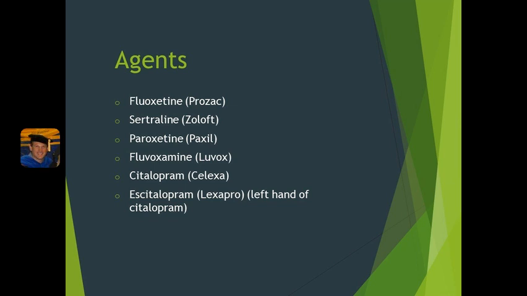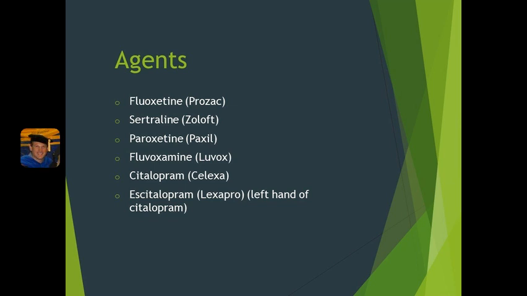Now, in some drugs, one of the hands will be inert. It basically doesn't do anything. So usually we'll give that as a racemic mixture. But sometimes what we discover later on is that the other hand that we thought was inert is actually causing side effects or inhibiting the therapeutic effect. And if we separate out the two hands and give them separately, we actually have a more effective drug with fewer side effects. So in the case of